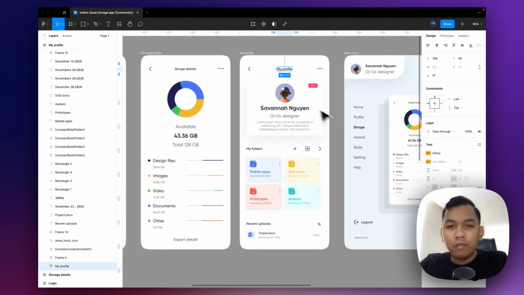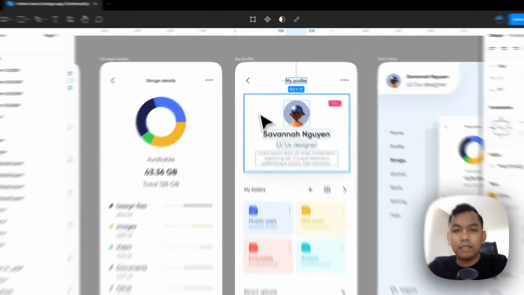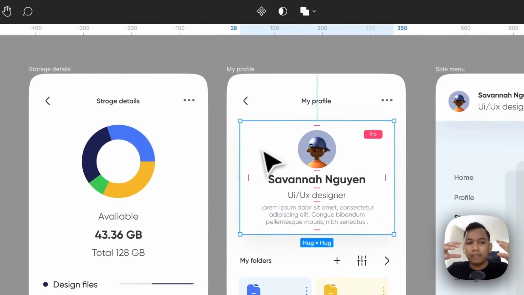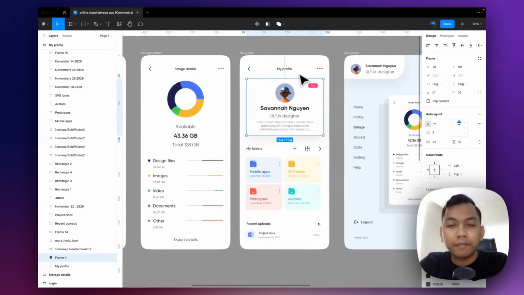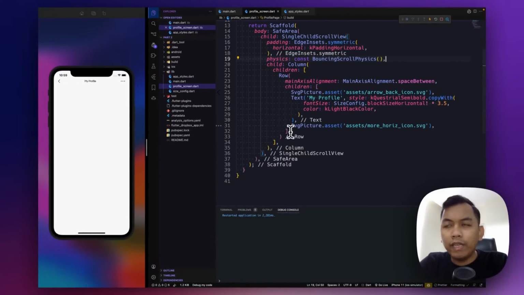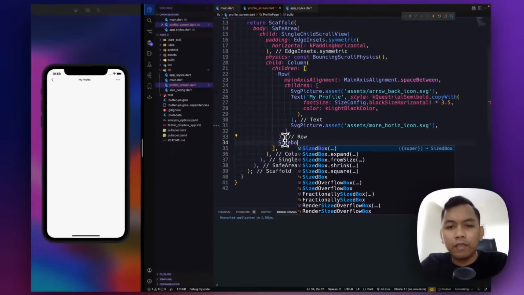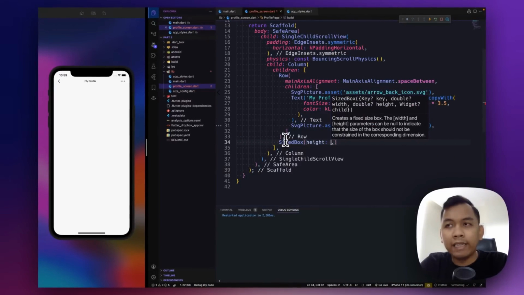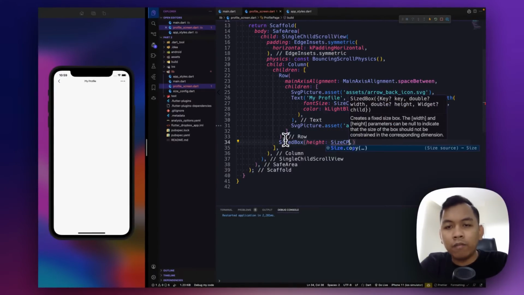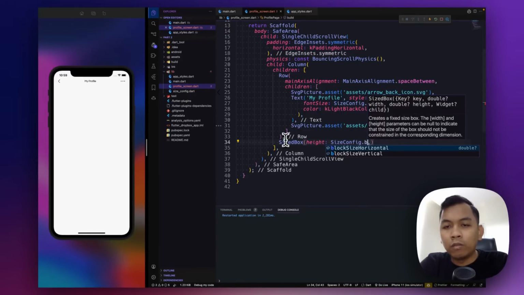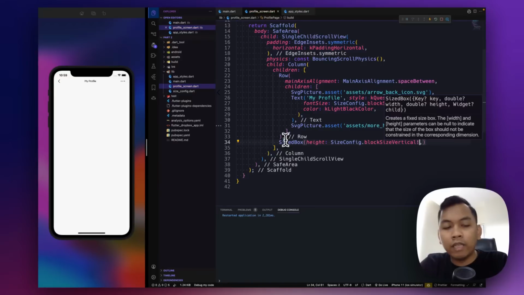And the next, we will work on this user profile card. It means we jump into the row widget below. We will add a SizedBox. SizedBox will have height, and the height will be SizeConfig.blockVertical times 23.